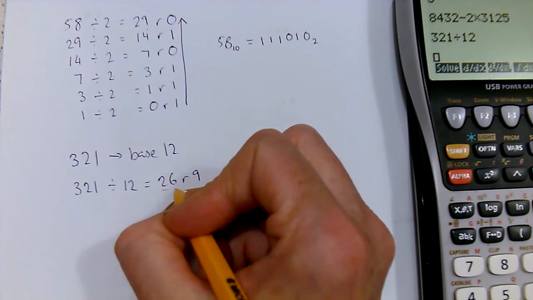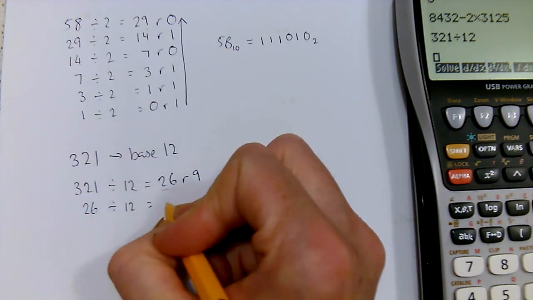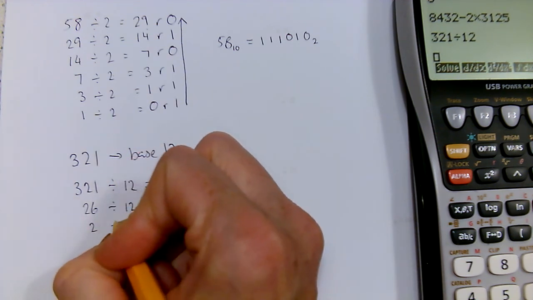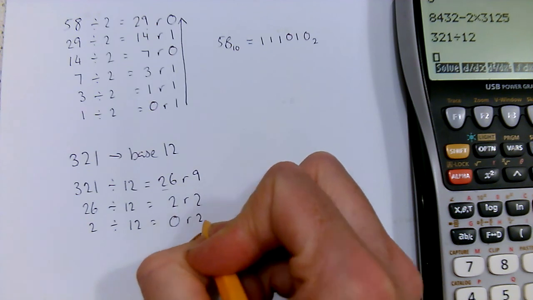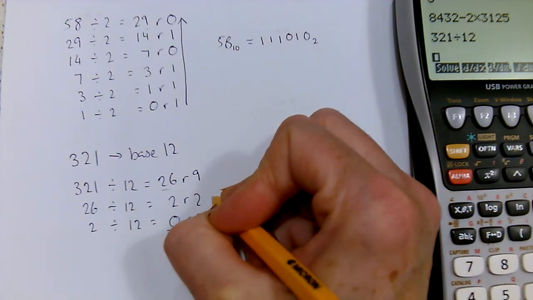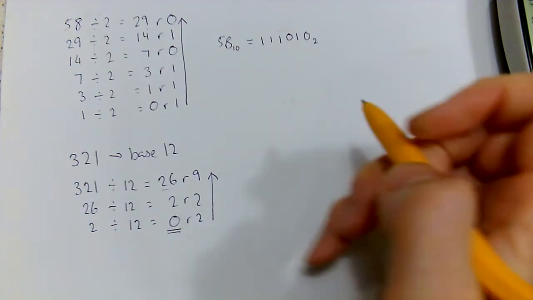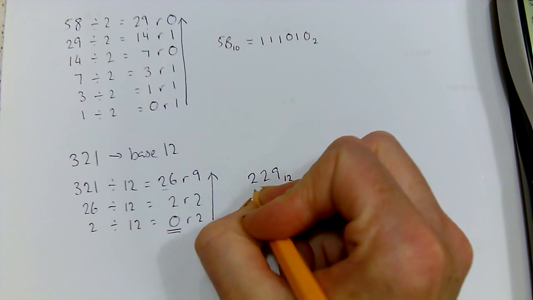Now we take the quotient, 26, so we do 26 divided by 12, so that is 2 remainder 2, and then we take the quotient 2 divided by 12 is 0 remainder 2. So we've got to 0 now, and we read going upwards from the bottom our number in base 12. That's